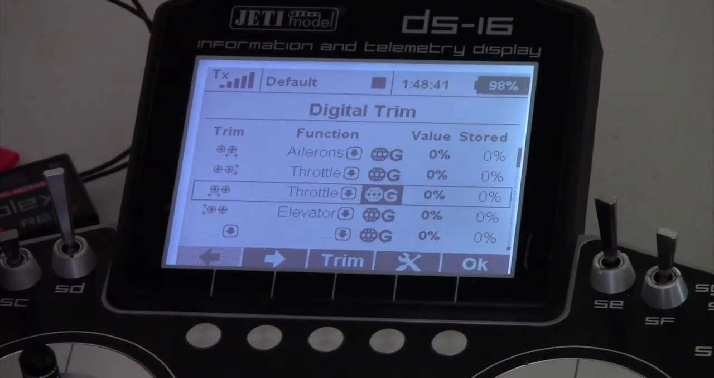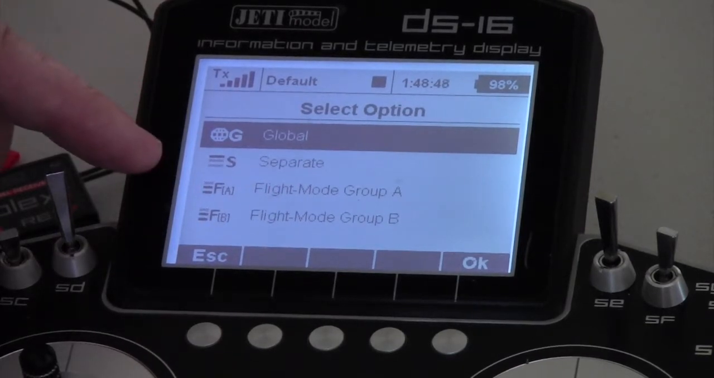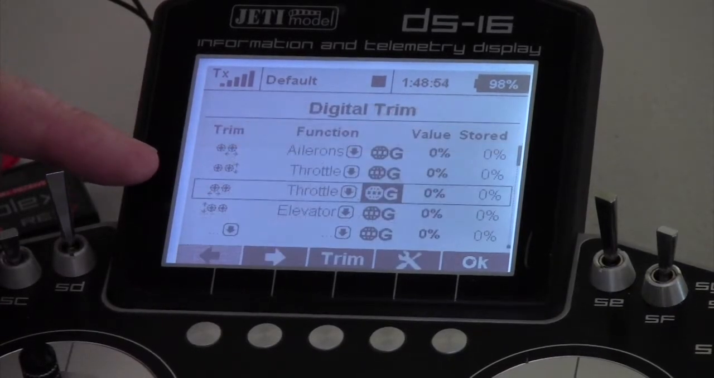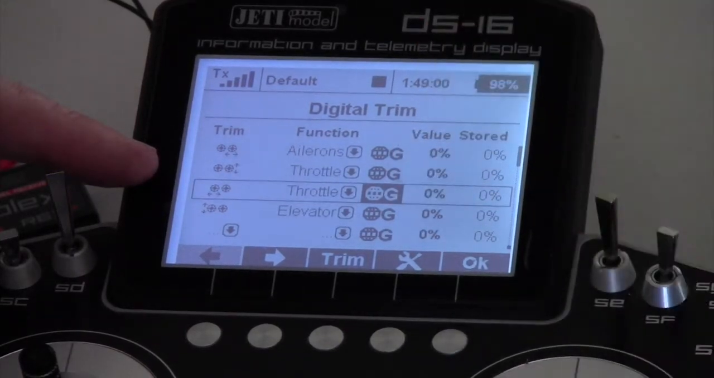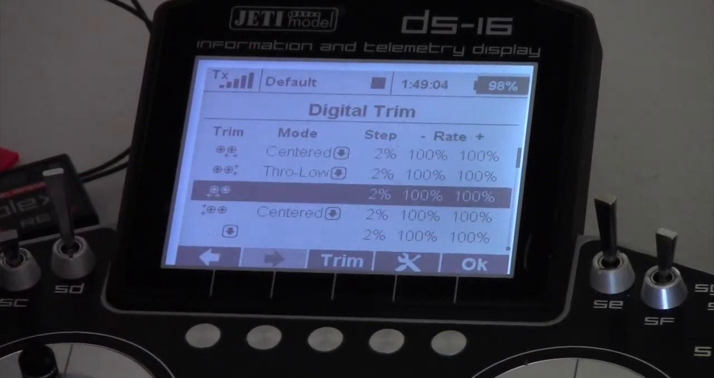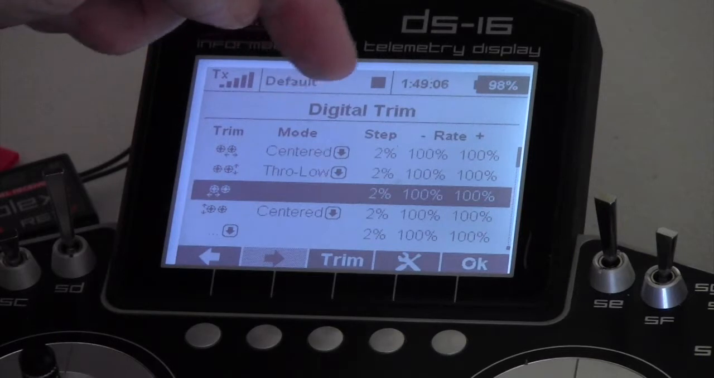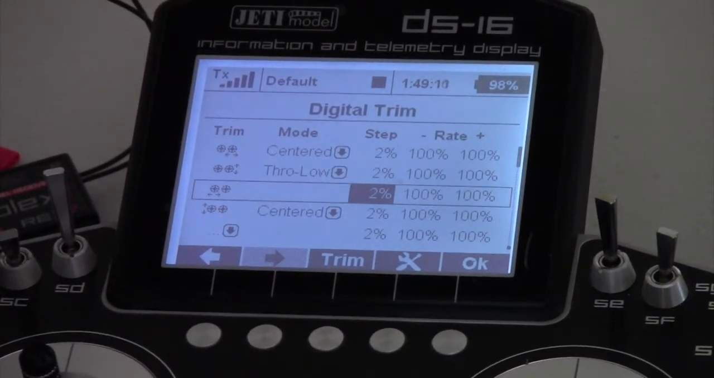Then if you move across, you can go to the value of that trim. So highlight that, whether you want global or separate. So you want a global, or you can have separate controls for each flight mode you want. And then you have a value which you can change here. So if you look at the arrow here, if you press this arrow, what it's doing now is it's bringing up the digital trim steps. So if we go into that by pressing the rotary knob again,